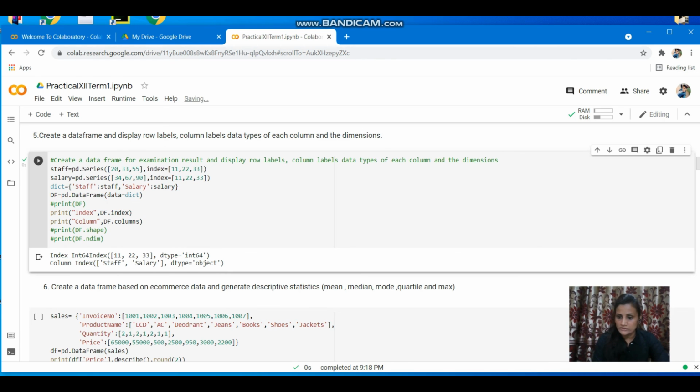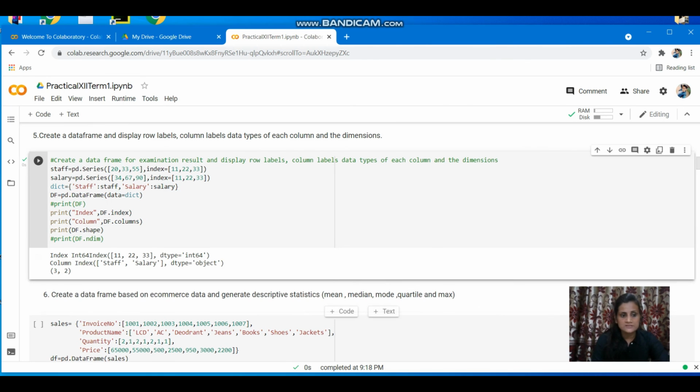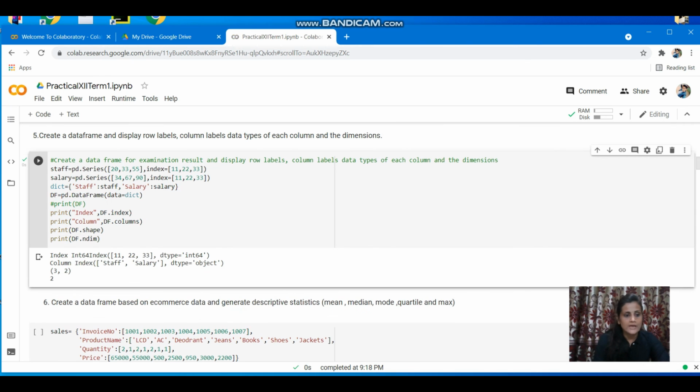There it was showing integer, here it is showing object, because if you are using a character sequence, then it is going to take it as object. Object is a data type specified for the mixed values that you take in the column. The next is we are trying to find the shape of the data frame we created. So the shape is 3-2. What is 3-2? Nothing. 3 rows and 2 columns. Now the next is the dimension, and definitely you will understand it. Dimension is 2. We have a 2D data frame, rows and columns. I hope this program is clear to you all. And now the next one, that is the sixth one.